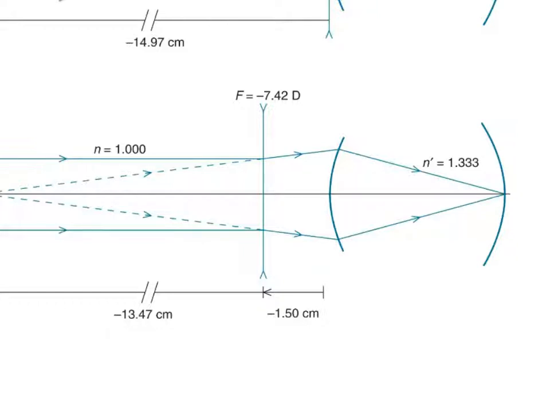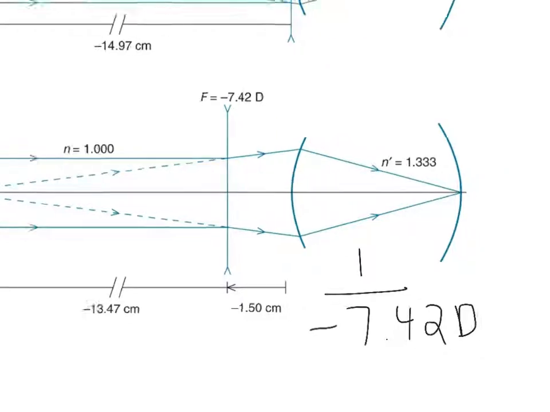To do that, you take 1 and divide by the eyeglass prescription. In this case it's 1 divided by minus 7.42 diopters. The 1 comes from the index of refraction of air. Then you plug this into your calculator and you will get